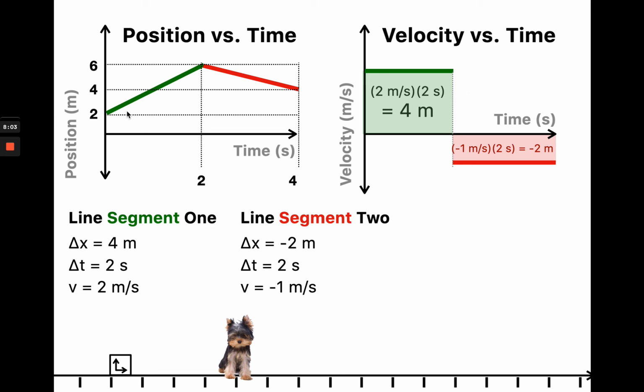So you can see this graph went from 2 to 6 meters. So this area is 4 meters because the average velocity was 2. You went 2 meters per second for 2 seconds. This total area, which is displacement, is 4 meters. So 2 to 6 is 4 meters. The second graph,